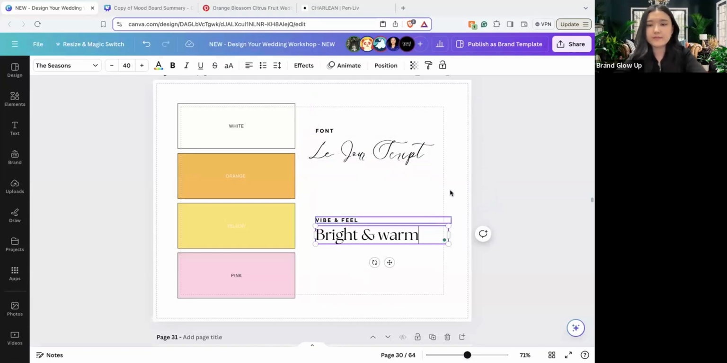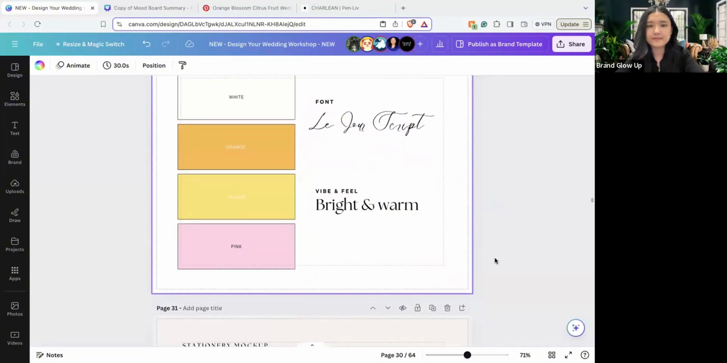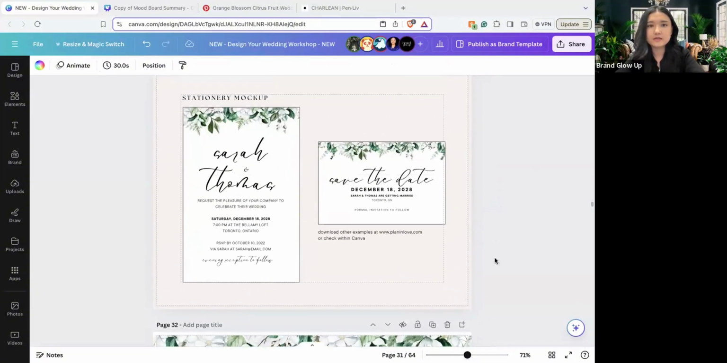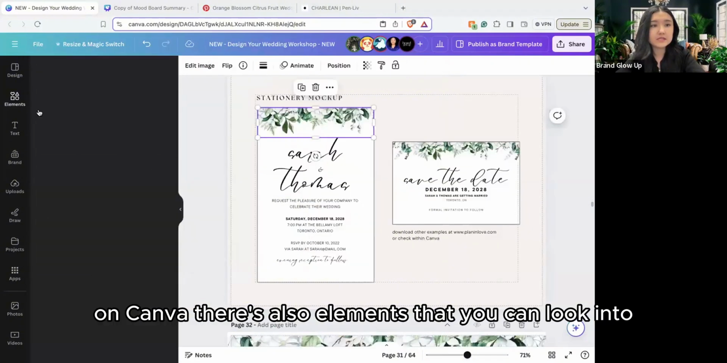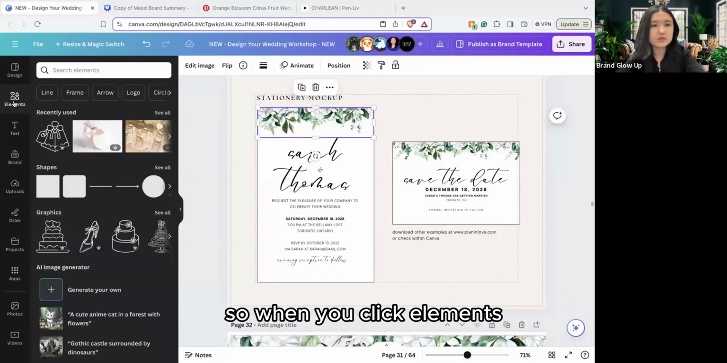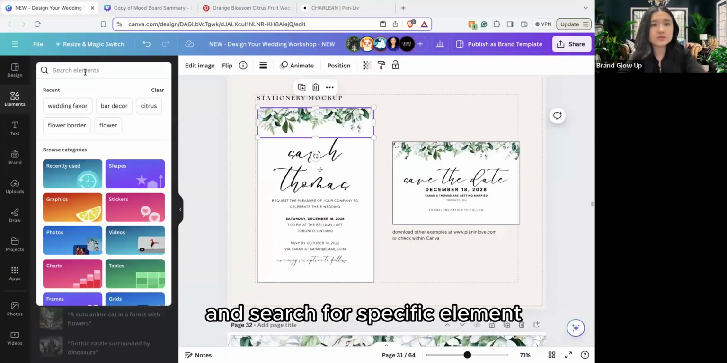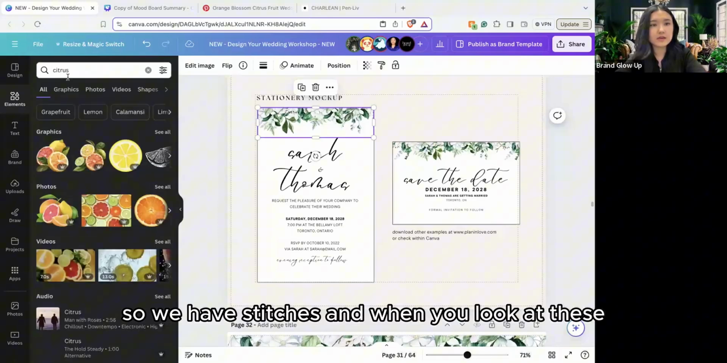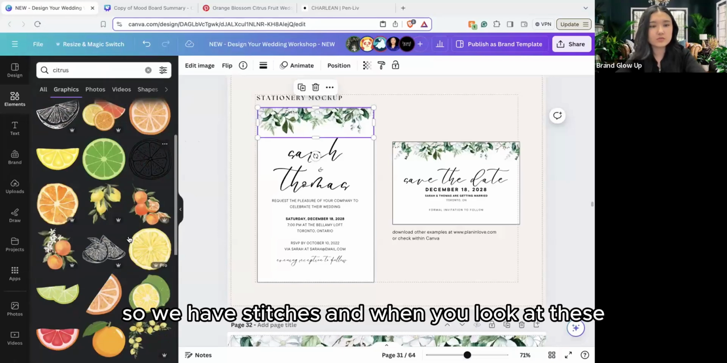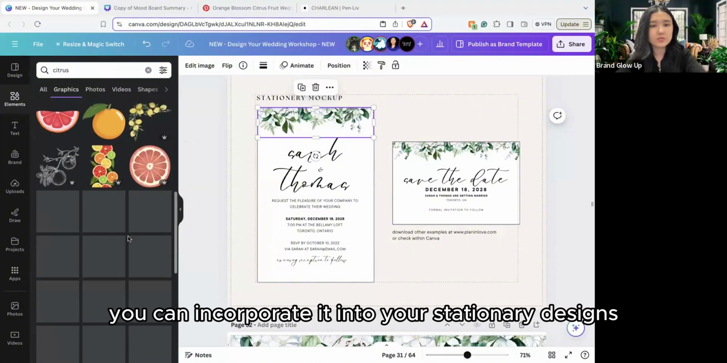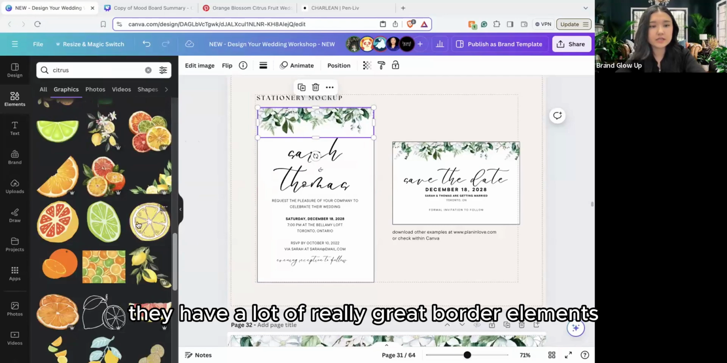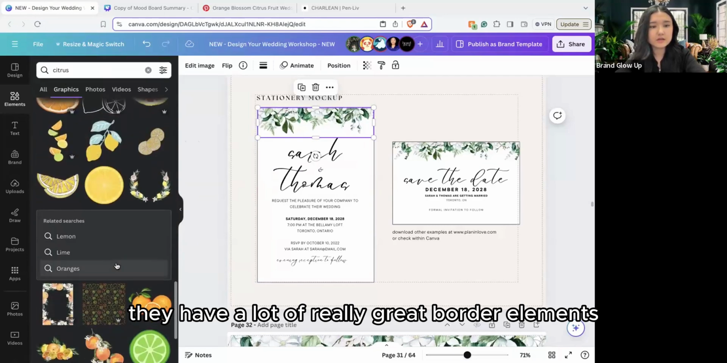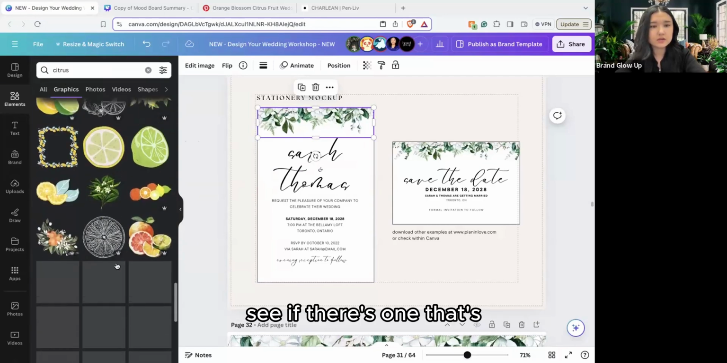And so here is an example of a stationery design. On Canva, there are also elements that you can look into. So when you click elements and search for a specific element, so we have citrus, and when you look at these, you can incorporate it into your stationery designs as well. They have a lot of really great border elements. Let me see if there's one that's